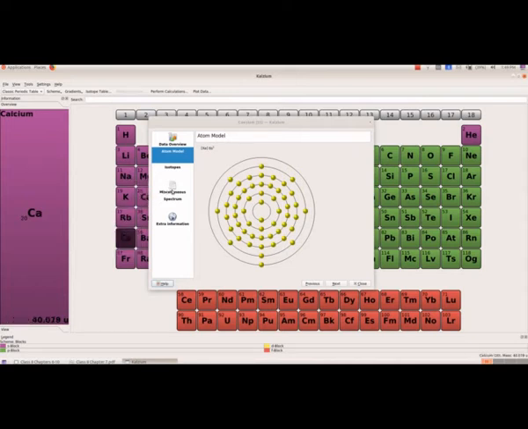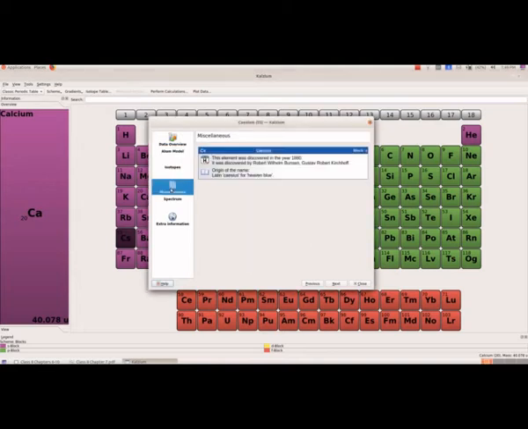Then we have miscellaneous. If we are selecting miscellaneous, we will get the name of the person who discovered this element, in which year this element was discovered, and the origin of the name. In page number 117 we have the table complete, table 7.6, and in that table we have to write the basis of name, the person who discovered, and the year of discovery. This table can be filled like this.